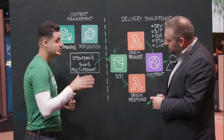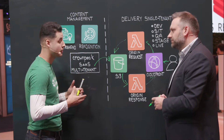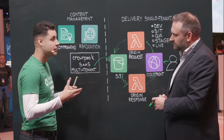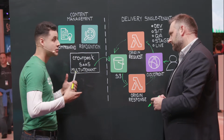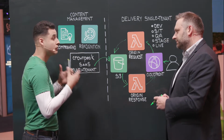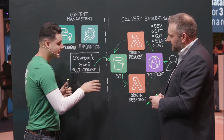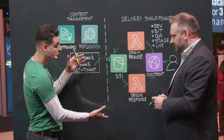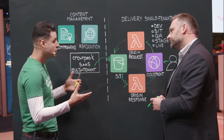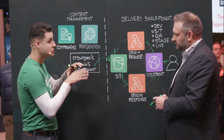Okay, and some of the things that we had talked a little bit about were that this is a very secure manner that everything is flowing through from a CloudFront perspective with WAF being integrated. It could help with different types of attacks, right? So cross-site scripting or SQL injections, and just benign websites, the vulnerabilities being taken advantage of are now not being exploited. All the static content's being stored on an S3 bucket. You have multiple AWS Lambda functions, so obviously some logic that's happening there. Talk to us a little bit about the architectural decisions of the event-driven architecture and how you separated that out